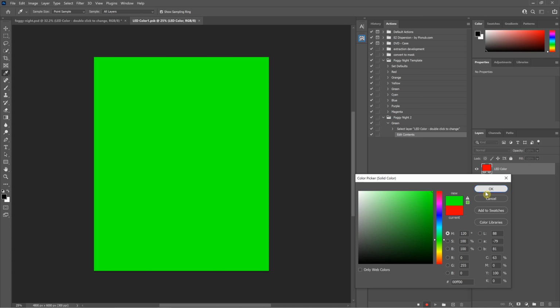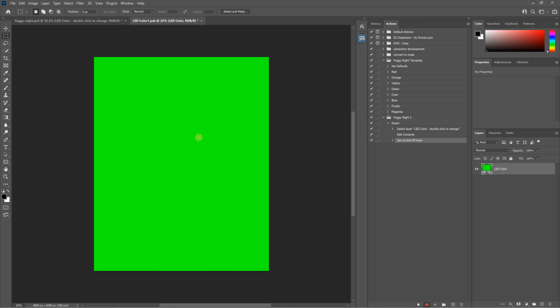I'll just go 120 green. I'm not even sure if this is the exact shade of green I used. You can actually see here. That's why I say have the colors you want in mind first. And that was actually not the color of green I used. In any case, it doesn't really matter for this demonstration, but just know to try to have those colors picked out